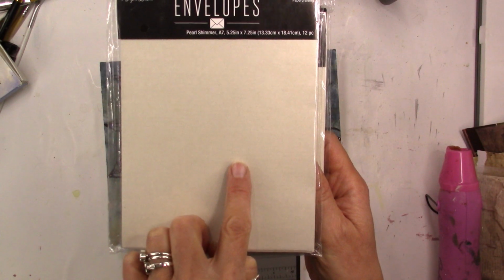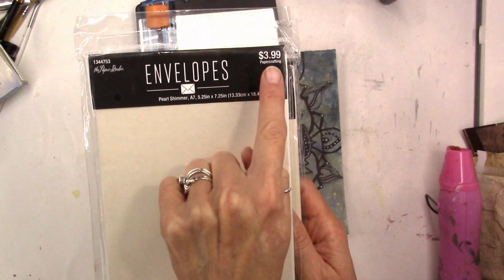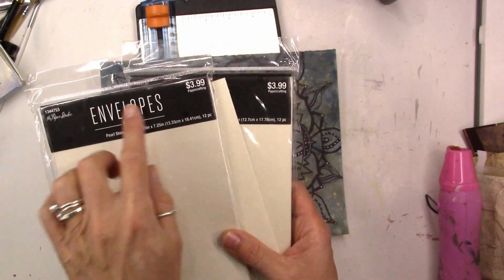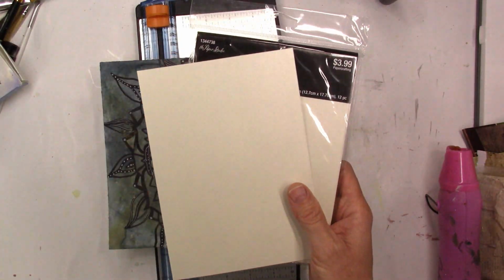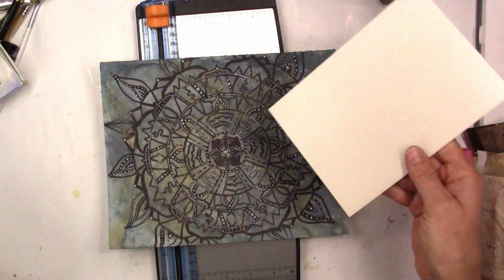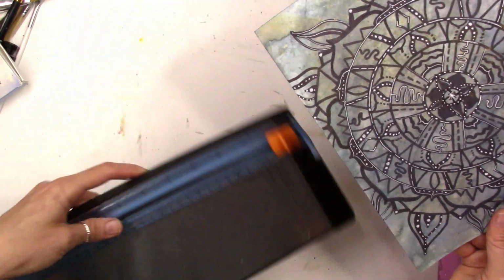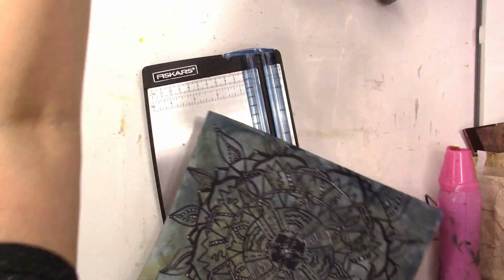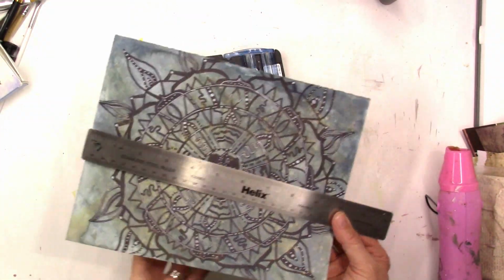So then here, of course, are the Pearl Shimmer envelopes, 5 1/4 by 7 1/4. And of course, there's your pricing. But Paper Studio products go on sale all the time. So let's go ahead. I want to make 4 cards out of this. And this piece, I believe, is 8 by 10. Yep, we got 10